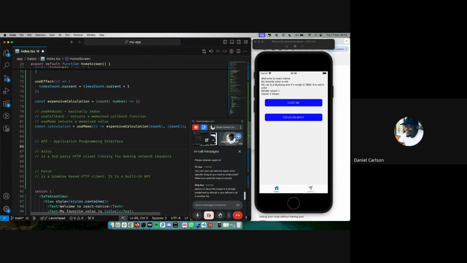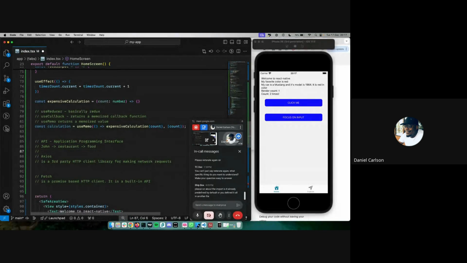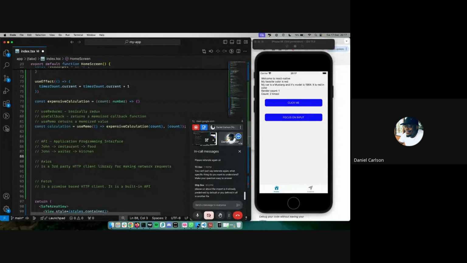Okay. Now, what does an API do? Imagine you go to a restaurant, and you want food. Let's say John goes to a restaurant and he wants to eat food. A waiter has to come to John and get his order. So John gives his order to the waiter. The waiter then takes that order to the kitchen, where based on the order that John passed, food is then returned to John. So you now have kitchen,